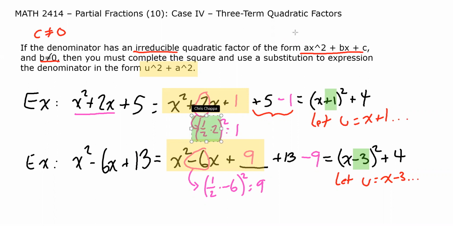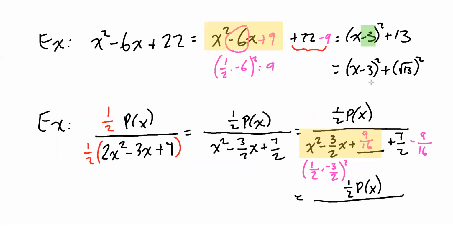It's what you get when you take half of the middle number. Half of +2 is +1. That's what was inside the parentheses. Half of -6 was -3. That's what was inside the parentheses. Half of -3/2 is -3/4. And that's the number that will be inside the parentheses when we factor. -3/4